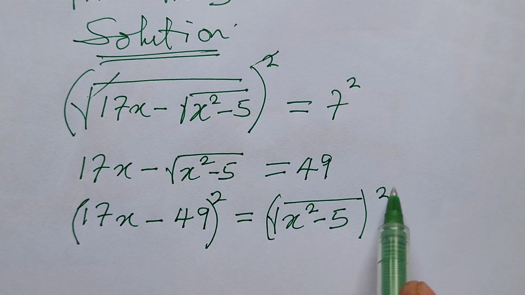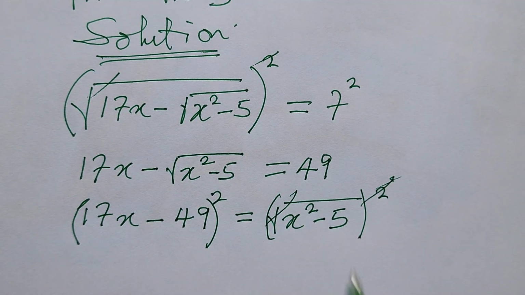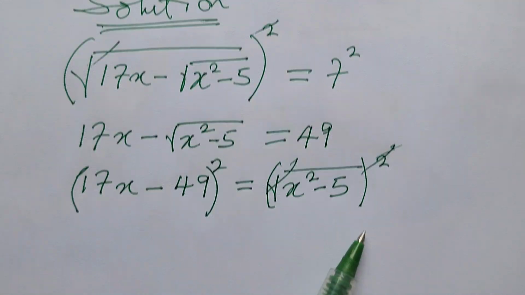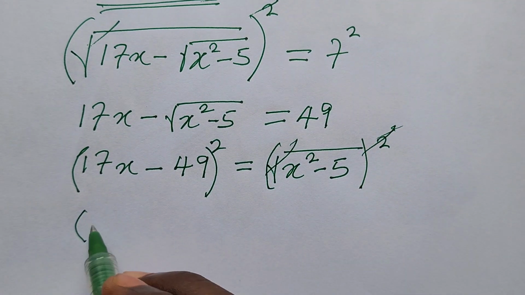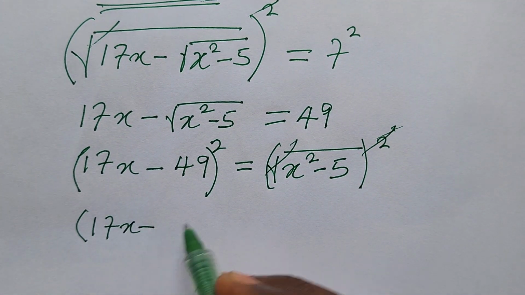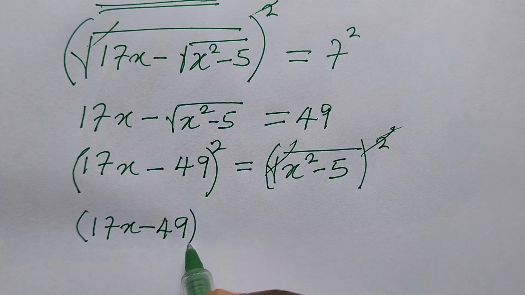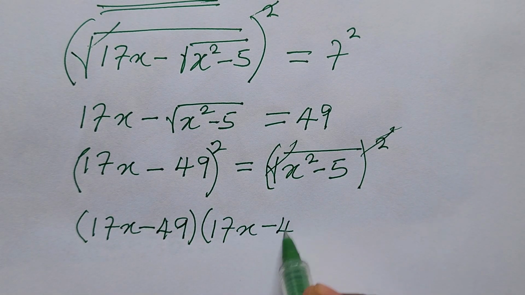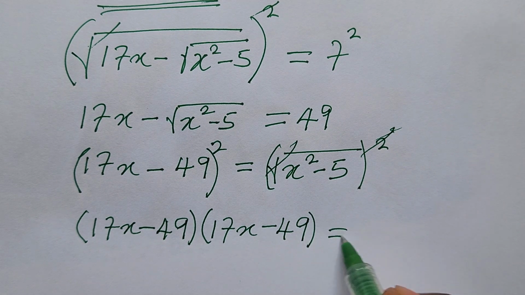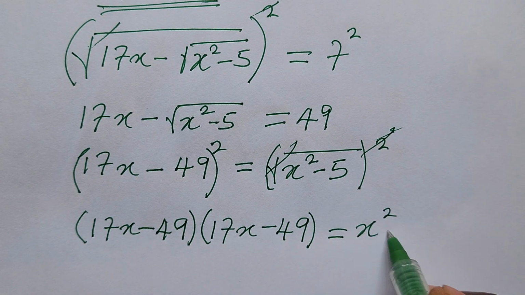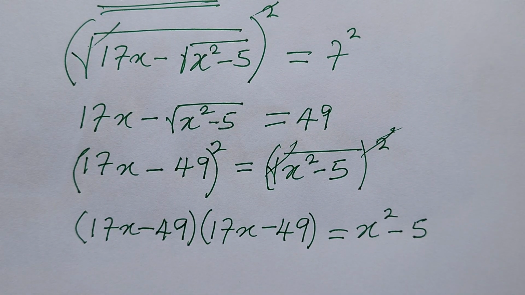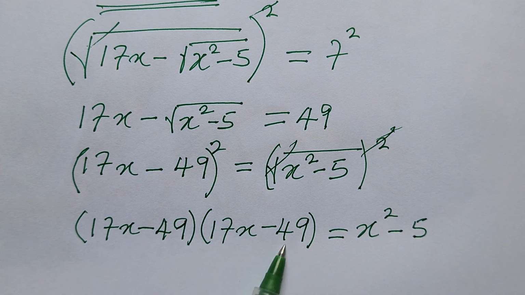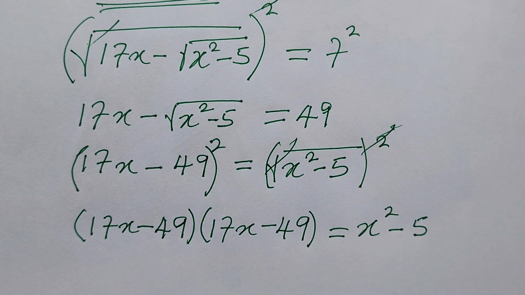So what do you discover? This will cancel with this. And so this expression here will be our 17x minus 49, all to the power of 2, so bracket 17x minus 49 again. Then this is equal to x to the power of 2 minus 5. So let's simplify this now. Let's open up this. We have 17x times 17x, that will give us 289